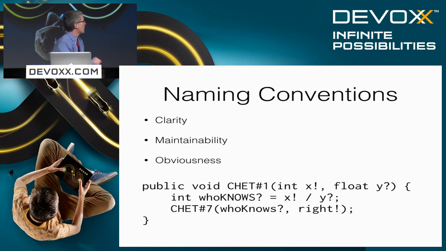Not me. And then finally, we call into another method. This was the 7th method that I wrote on that day. Actually, it was the 8th method that I wrote, but then I deleted the 7th method so that I renamed it appropriately. Refactoring is so important in the code that we write. And then we're passing in, obviously, this who knows parameter. Still don't know what's going on there, question mark important. And then right. And this is a Boolean value that we use an exclamation point for, saying, yep, I know that that's true. Or I know that it's false. I know something about it. Or at least I did when I wrote the code.